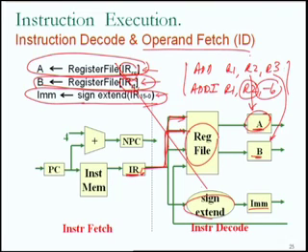Now, the concern which you may have is, what if the instruction which is currently being decoded and operands fetched is an add instruction? Then I agree that its first source operand will be available in special purpose register A, and its second source operand will be available in special purpose register B. But something will also be available in the immediate register as far as this instruction is concerned, and this instruction has no immediate operand. The answer to that question is, even if there is a value in the immediate register as far as the instruction is concerned, as long as we don't use it in the addition, no harm is